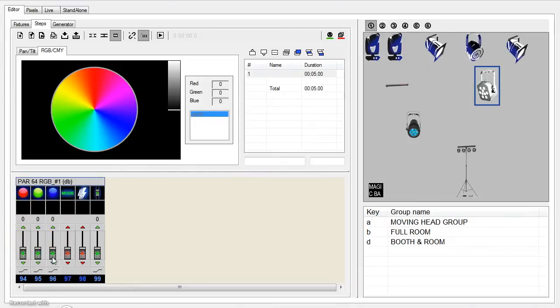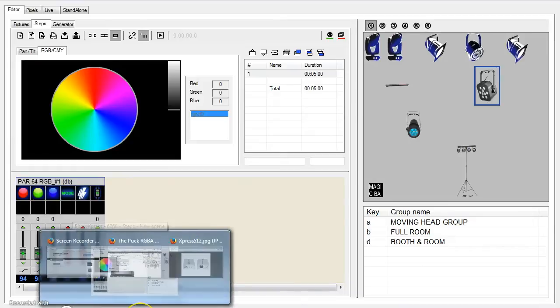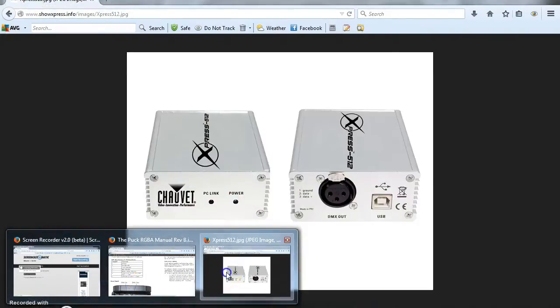but I don't have my DMX interface hooked up. Speaking of that, let's get off that for a minute and let's go to